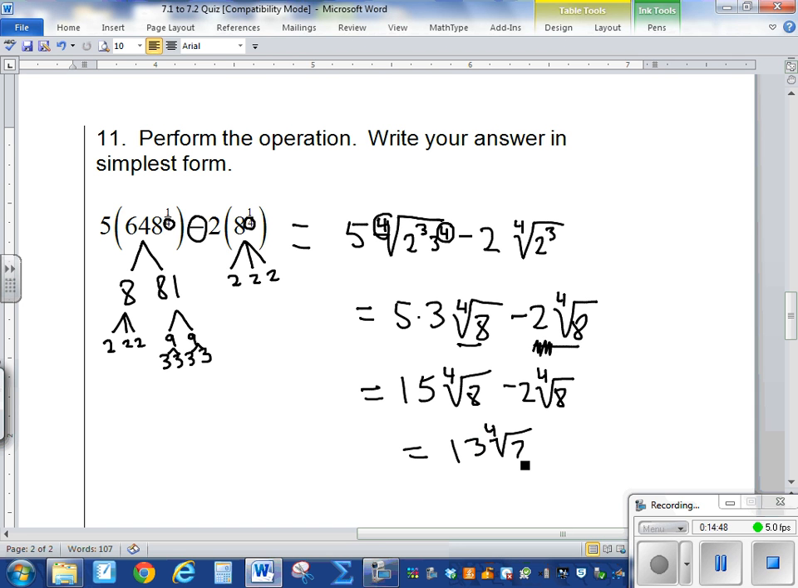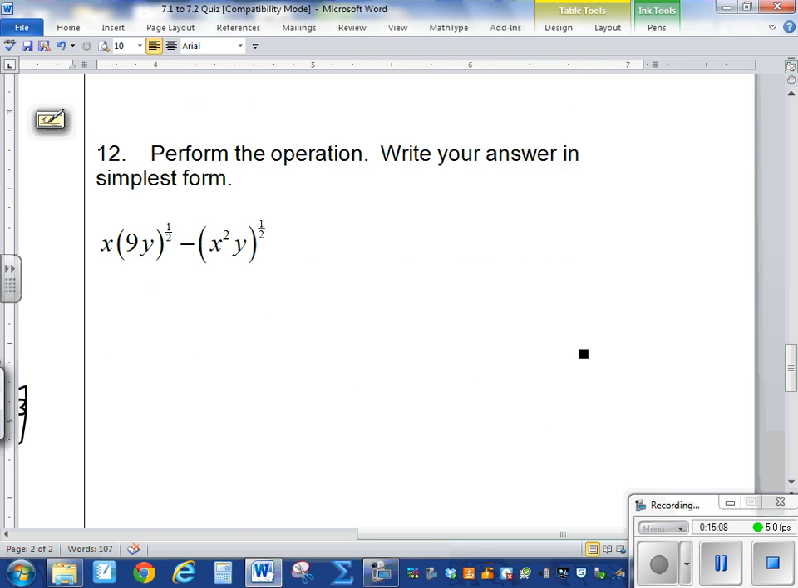Can't leave it like that though, because I do want you writing your final answers in the same form. So your form was rational exponent form, so it's going to be 13 times 8 to the 1/4 power. All right,